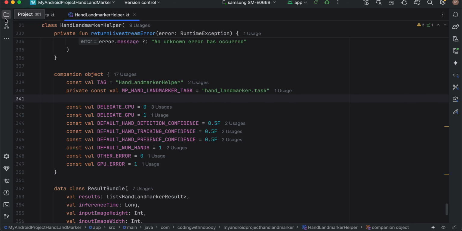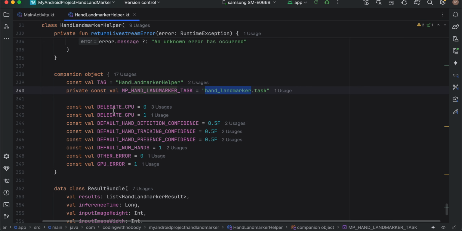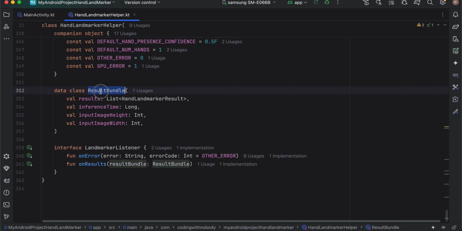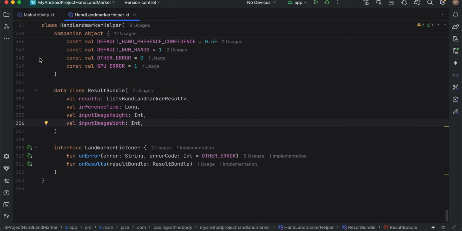In case you have changed the model name inside your assets folder which you have downloaded, make sure you change it over here as well. All right, and these are all the default values over here, and this is the data class result bundle, and here is the listener for on error as well as on results. Okay, so once that is done,